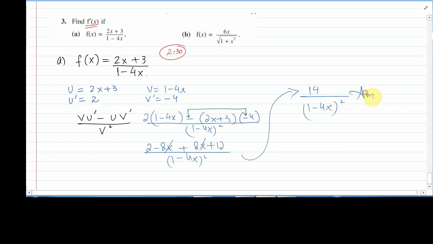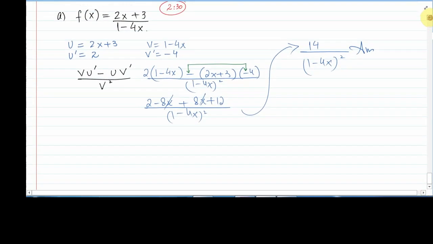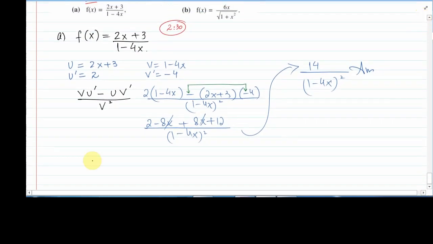So this question is quite easy as compared to the previous one, because in the previous one the important or critical step is where you are taking the LCM. In this question there is no LCM, no sign of under root, so that is quite easy as compared to this one. Now for part B, it says that f of x is equal to 6x divided by under root